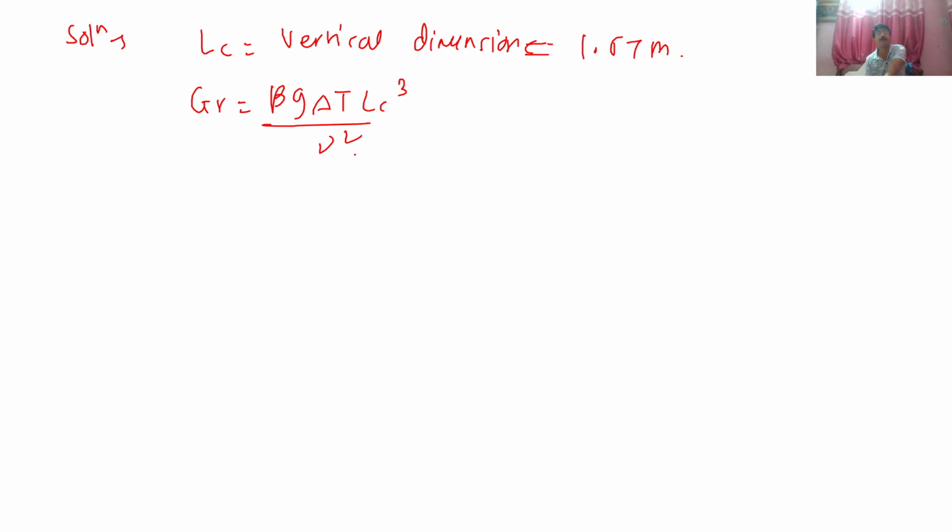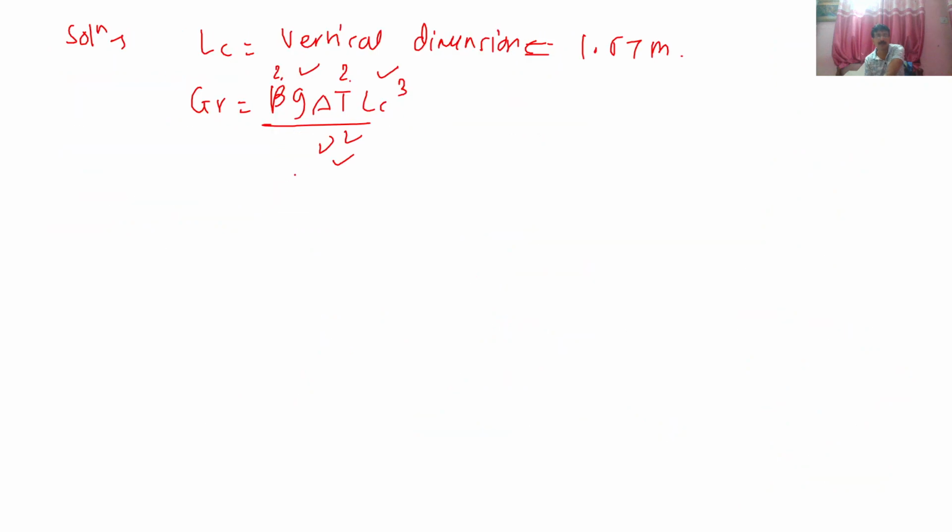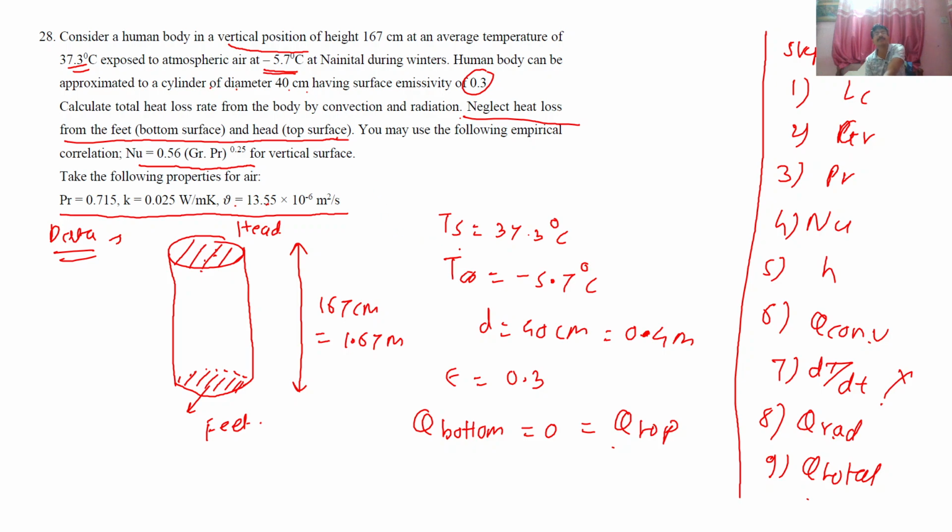तो क्या unknown है इसमें? I think beta is unknown, g is known, delta T is unknown, LC is known, nu is known. So see, nu is given in the property table. So जो unknown है उसको निकालेंगे. Beta, it is a coefficient of thermal expansion. How to calculate it? For that I require mean film temperature first. TMF is Ts plus T infinity upon 2. What is Ts? Ts is surface temperature, means body का temperature, human body का